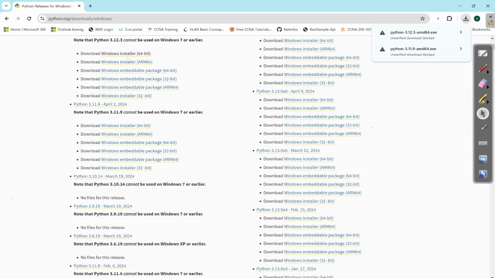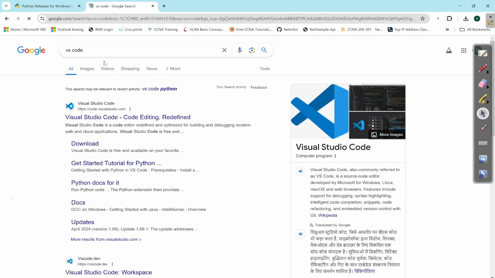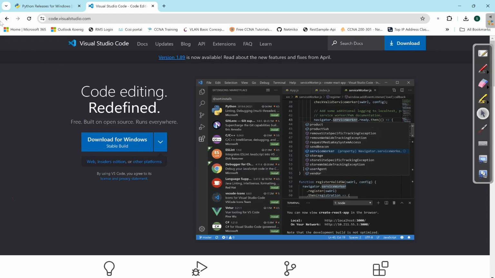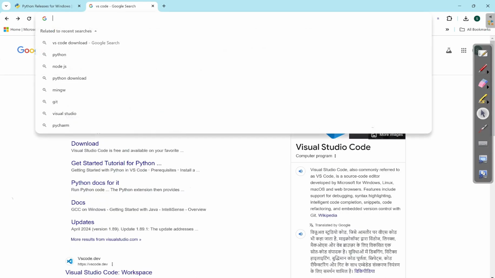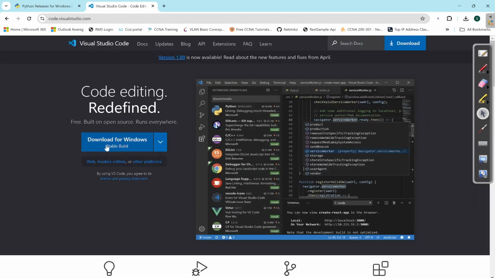This is very simple. Then we are going to use an IDE for this code, that is VS Code. So let's install VS Code also. I already have VS Code installed on my machine. First, simply type VS Code in the browser, then click on the first link. Then you will get this particular page, that is download for Windows.